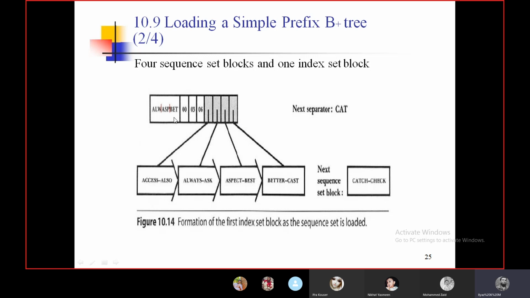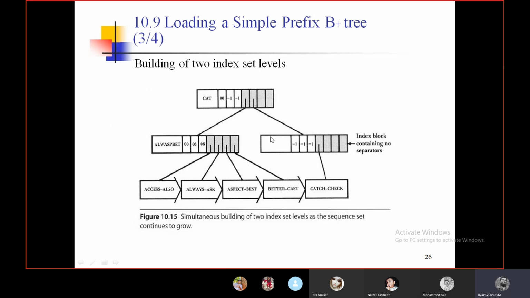If it is overflowing, we have to split these blocks into two. After splitting, at this level you will get two blocks, and Cat will be the root block for these two blocks. And then this block will reference the new sequence block, the new record block, that is Catch and Check. In this way, we are loading the simple prefix B plus tree along with the separator. Okay, did you understand this?